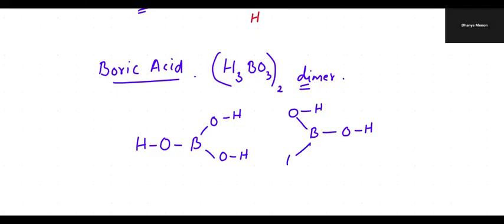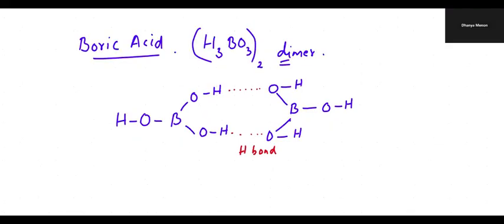Okay, and guess what? What can be formed between this oxygen and hydrogen? There can be a formation of hydrogen bond. There can be a hydrogen bond formation, and this is called a dimer. Okay, because of what? Intermolecular hydrogen bonding. So there are two molecules of boric acid. So definitely two molecules are there. So it is intermolecular